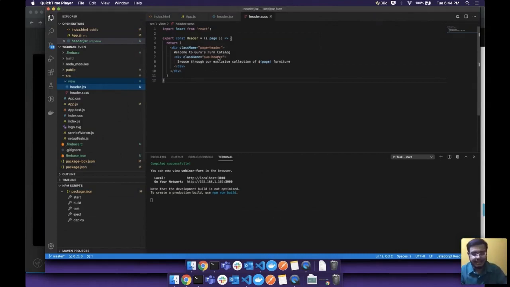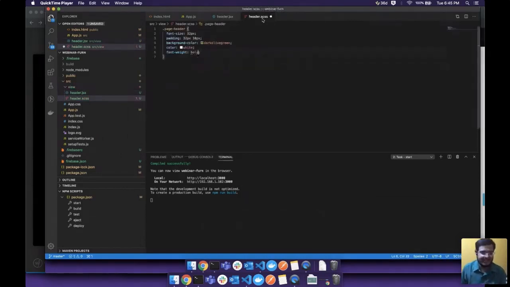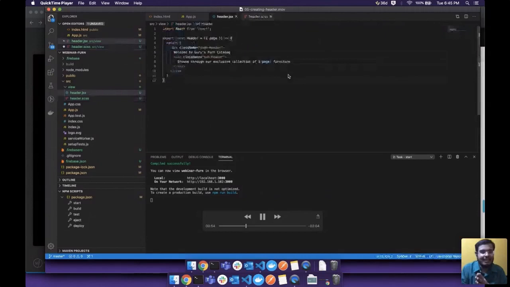We create CSS styles. People familiar with web development should know that we have CSS files with style sheets. So I create a file called header.scss, and I'm going to apply the styles. The reason why I have this extension SCSS is this is not going to be a simple CSS. I'm going to use a library called SASS, and the extension for that is SCSS. I'll tell you why I'm using this, because it gives some really cool features.